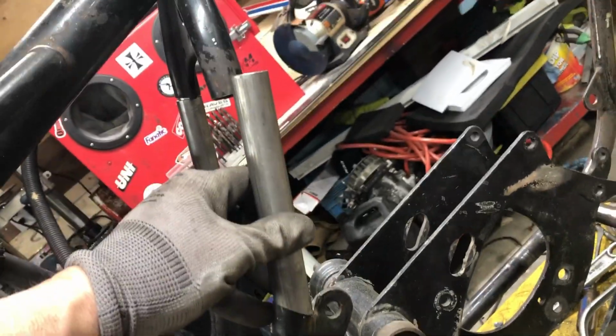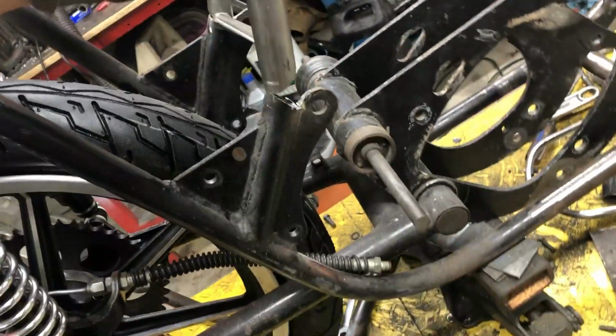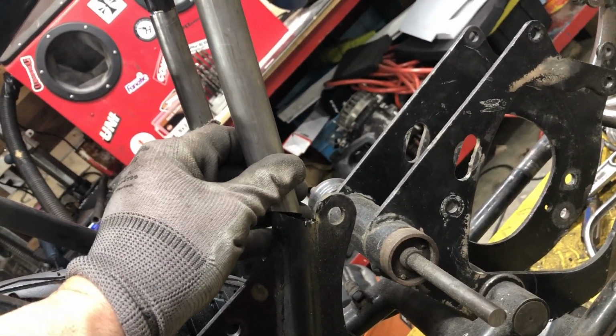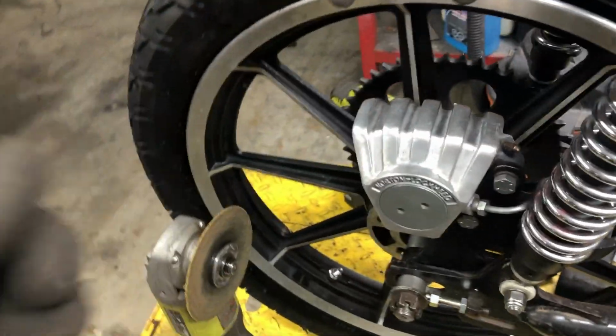Got one piece made in there, and you can see where I machined it so it slides up at here. It's in about over 1/4 inch. And now I just cut the one for the other side in here, and that's going to fit like that in there. I just got to machine that down, slide it up in there. I'm not going to weld it till I get them both in there. Make sure they're exactly parallel, and because yeah, it looks pretty parallel just holding it like that across there. So I'll get them all in there, tack them in,